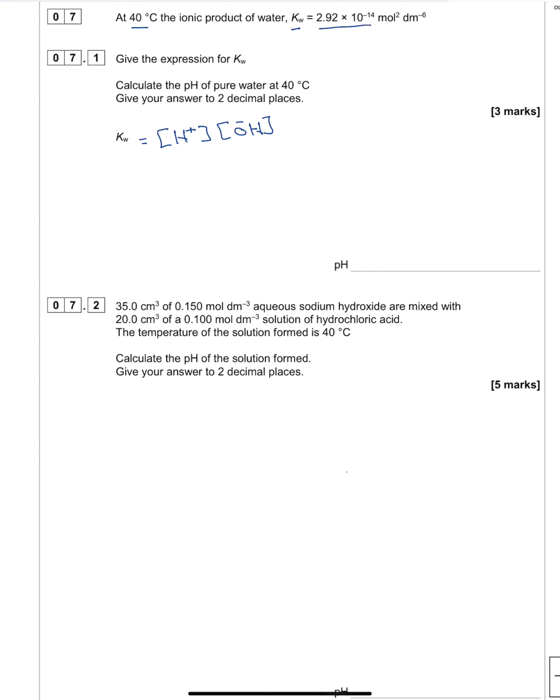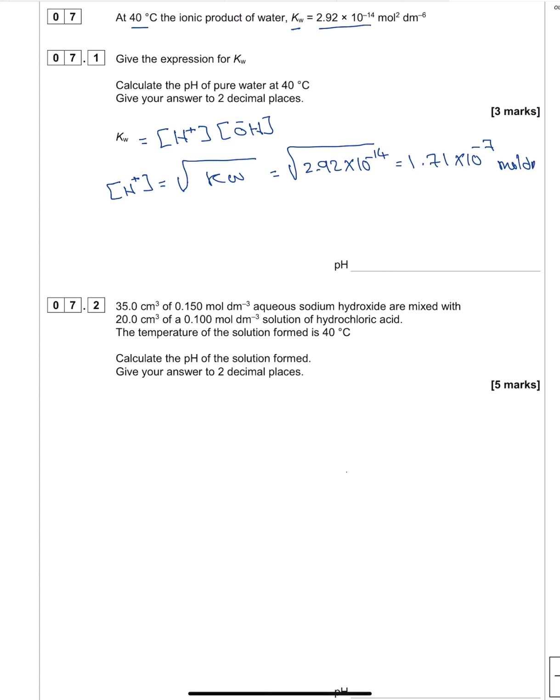So the pH is minus log 10 of the hydrogen ion concentration. The hydrogen ion concentration equals the hydroxide ion concentration, so we can find the hydrogen ion concentration from the Kw expression because it will equal the square root of the Kw. They provided you with the Kw in the question, which is 2.92 times 10 to the minus 14. When you do your calculation, this is going to equal 1.71 times 10 to the minus 7,